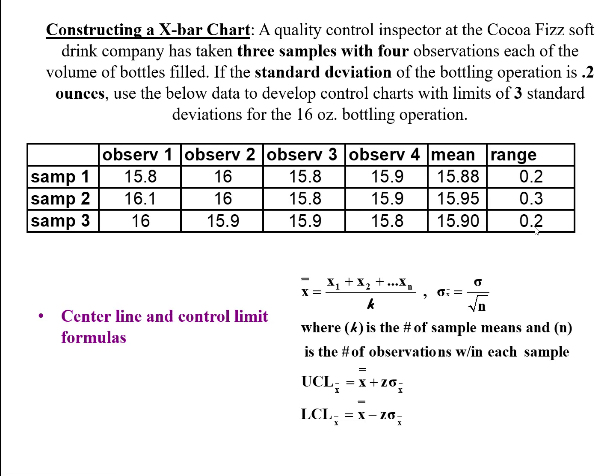Now we want to calculate the upper control limit and lower control limit. But first of all, we need to calculate the mean average, just like I showed you in the run chart. So now we need to construct a run chart, which is also called the central line. In order to construct a central line, you need to calculate the mean of the means. So we have already calculated the mean of each sample. Now you need to calculate the mean of these means. So 15.88 plus 15.95 plus 15.90 divided by how many? 3. You need to divide by 3. So when you conduct it, you will calculate the mean.